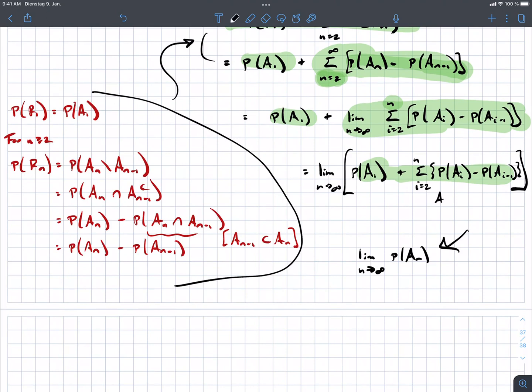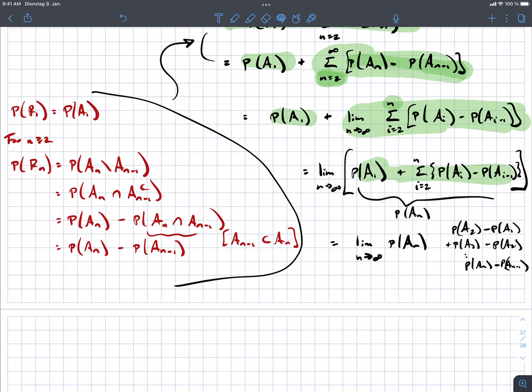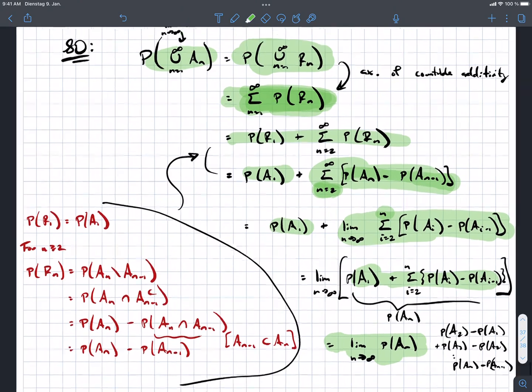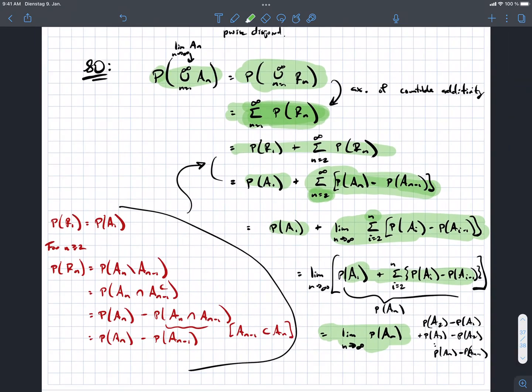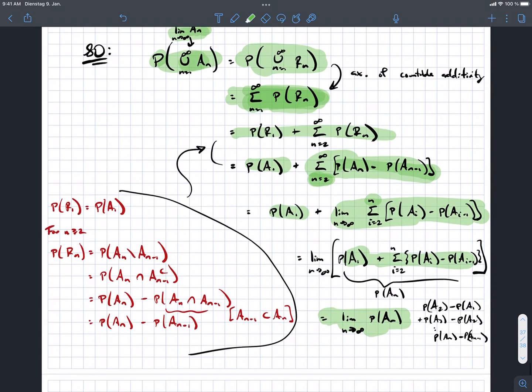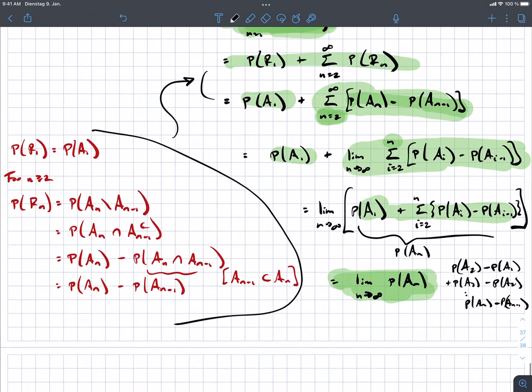Okay, and this is going to be like probability of A2 minus probability of A1, plus probability of A3 minus probability of A2, and so on down to probability of An minus probability of An minus 1. So this whole thing is really just probability of An. And so I've got what I wanted. So I have now probability of the limit of the An's, which is this union, is the limit of the probabilities of the An's. So I am done